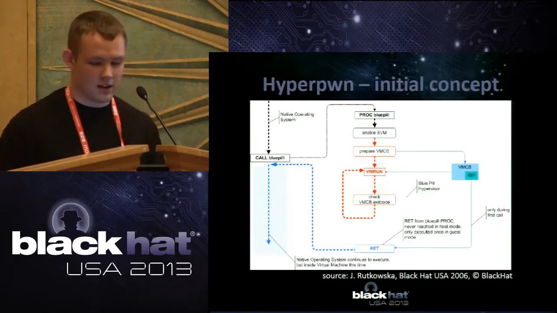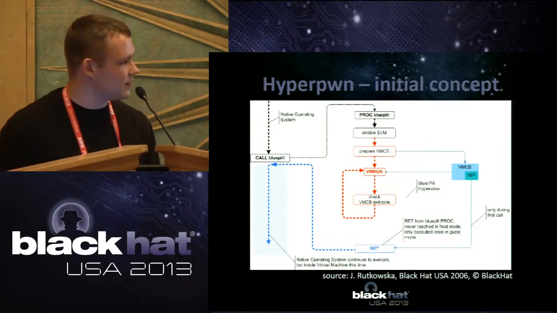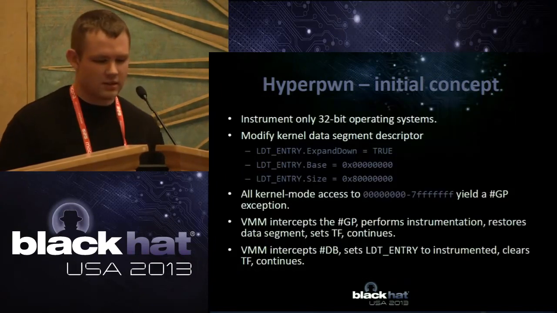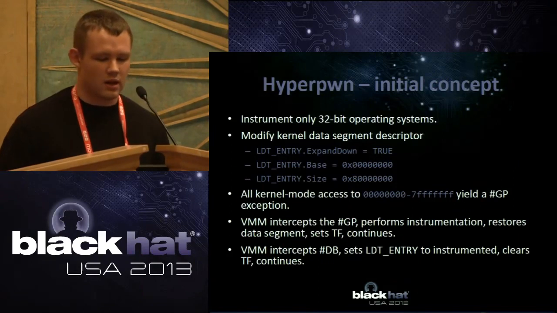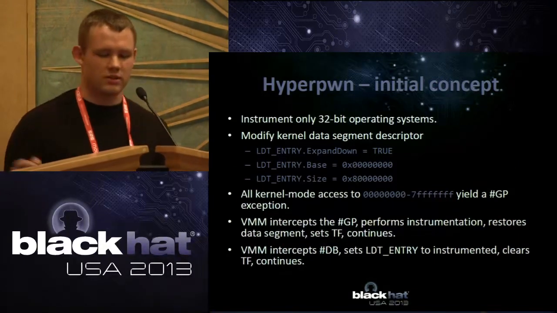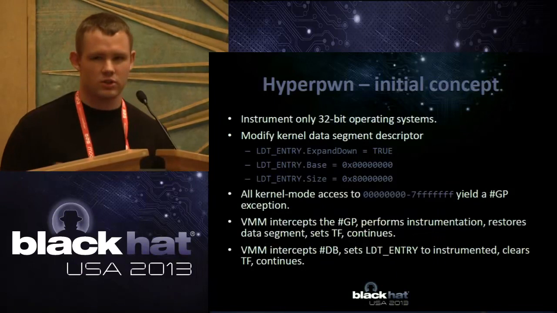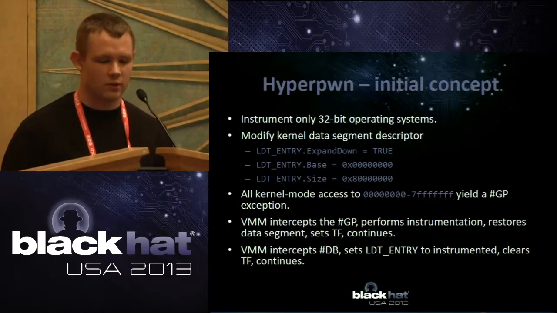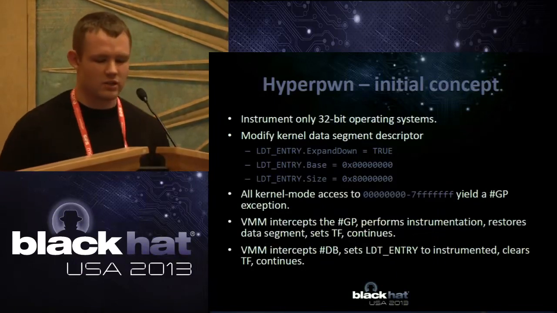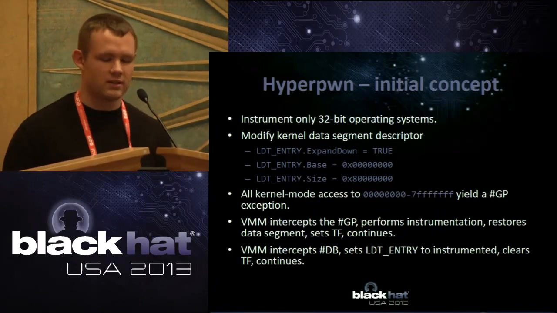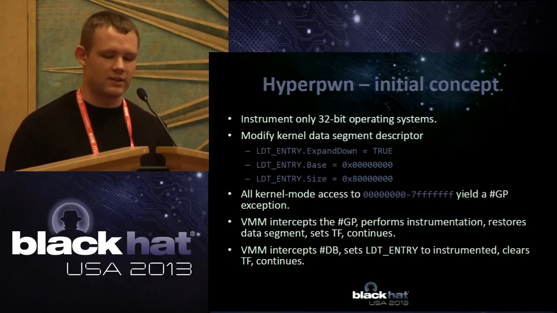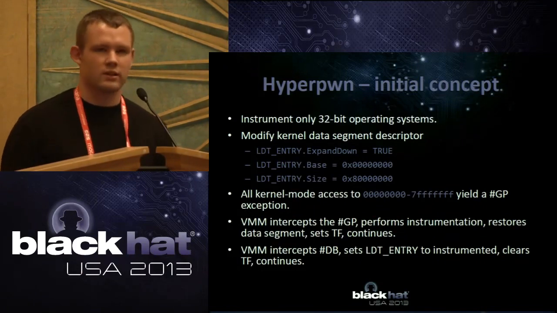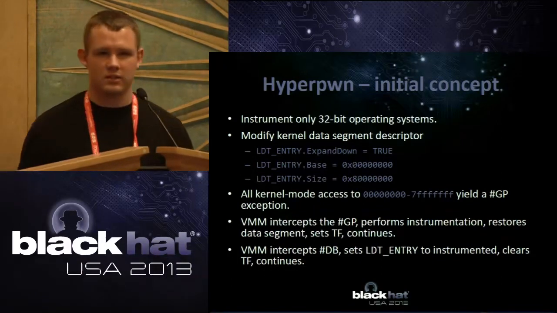As you can see here, this is the detailed design of that, about how we would intercept the memory reads. The basic idea would be to just instrument 32-bit operating systems, which are the same code base as 64-bit, and do some GDT magic to replace the data segment for the kernel, to have it expand down with base 0 and size 8000, which would result in having the same base, such as the kernel's, all